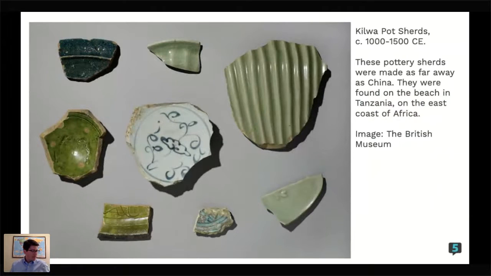In fact, if you want to know more about this, it's featured in a podcast I love, and a book that came out of the British Museum, and some work there: 100 Objects That Explain the World, something along those lines. And these are what they look like. They are broken pieces of pottery, pot shards.